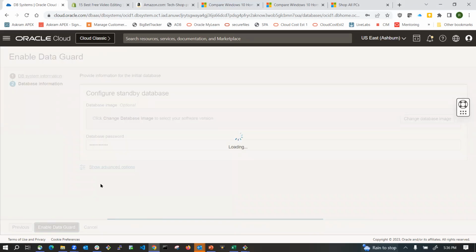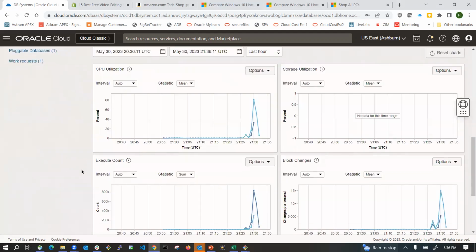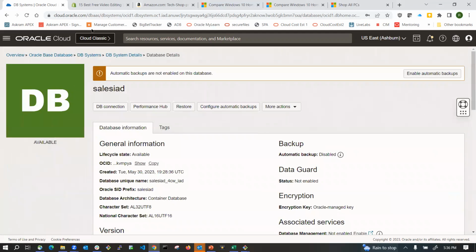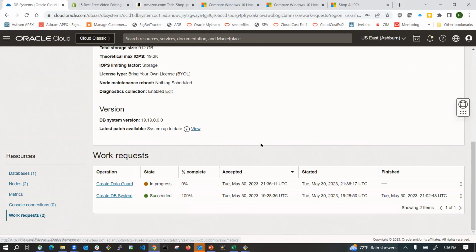So it's going to take about an hour, 30 minutes again. It has to install the database software, and it has to create the standby database. All right. So that's what's going to happen. And so you can see the work request. See, it's a create standby database. It just started now, and it's going to take about, as I said, 1 hour, 30 minutes to create the